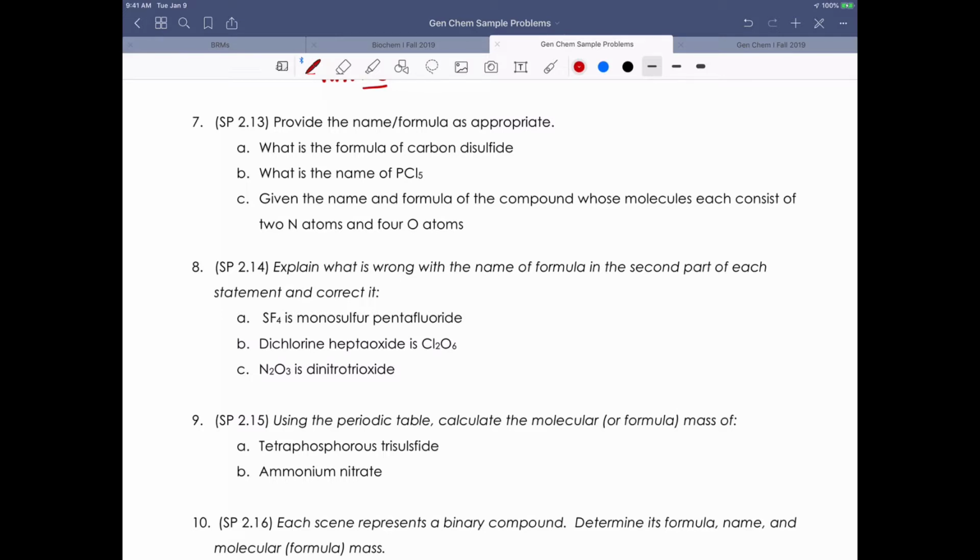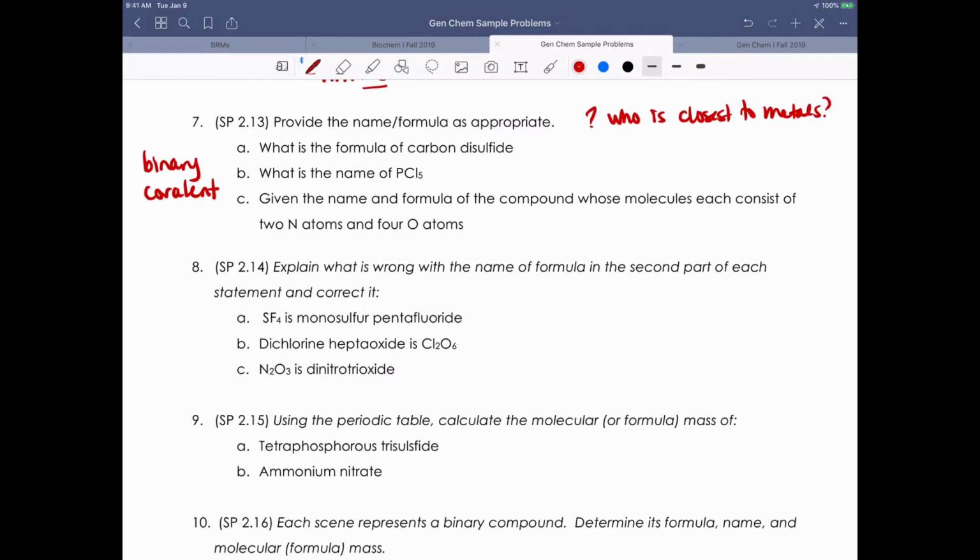So the next problem, again, provide the name or formula as appropriate. We're moving on to now talking about binary covalent compounds. So binary meaning 2 atoms, covalent meaning we're grabbing 2 things from the right side of the periodic table, 2 nonmetals. And what we do when we have 2 nonmetals is we have to consider who is most metal-like. So who is the furthest to the left? So we have to sort of name this as though one was more metal-like. So ask yourself the question, who is closest to the metals,